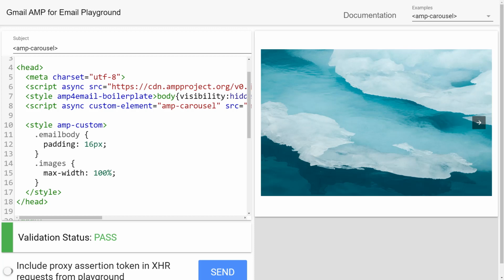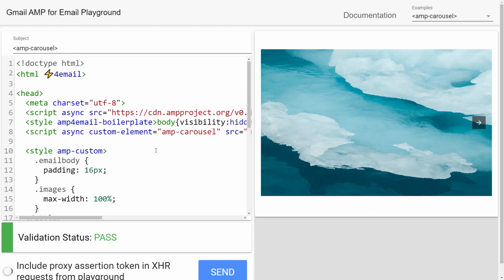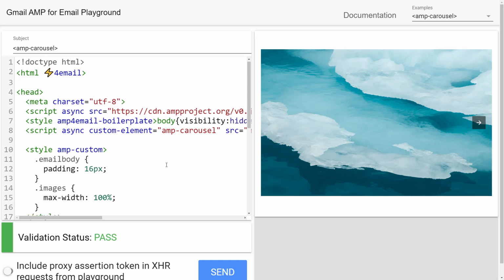The other concern people have with AMP HTML is that it allows JavaScript, and they think that's dangerous. And this is correct. Allowing JavaScript in emails is dangerous. However, this is not what AMP does with JavaScript, okay? With AMP email, you can only use whitelisted AMP components, okay? So you can use, like, AMP carousel or AMP list, but you cannot use any third-party JavaScript. Like, you cannot include the whole jQuery library in your email.